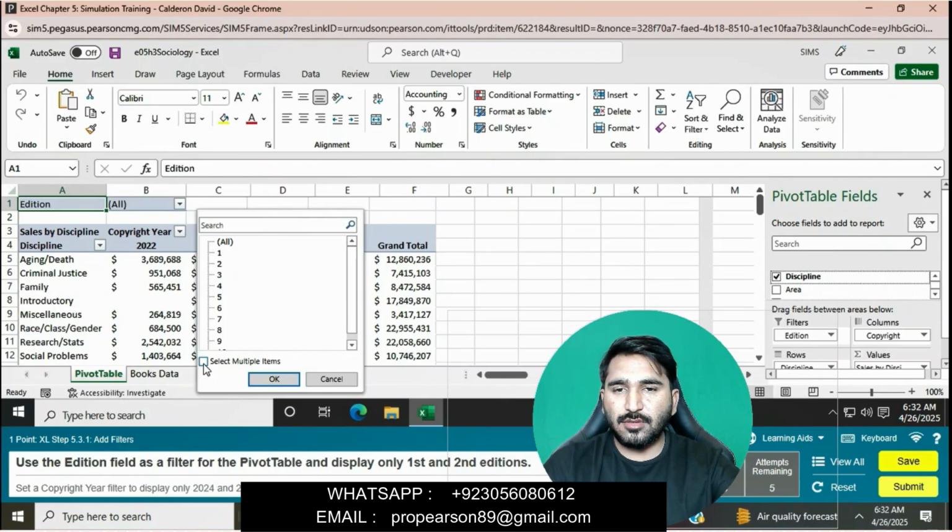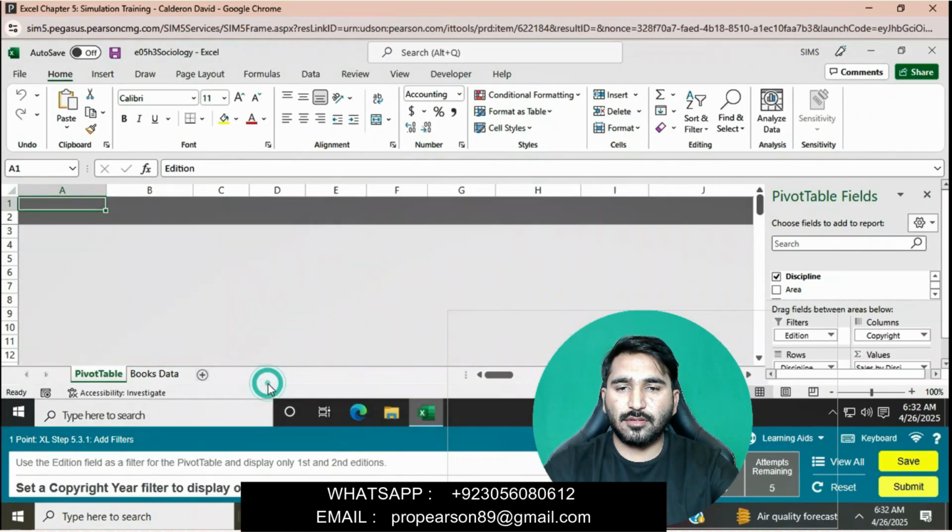Right click on this and then select all. Click on All and then click on first and second and then click on OK.